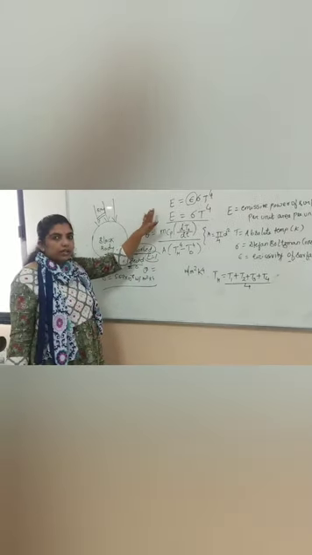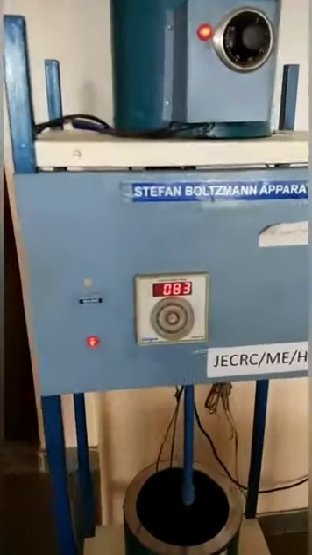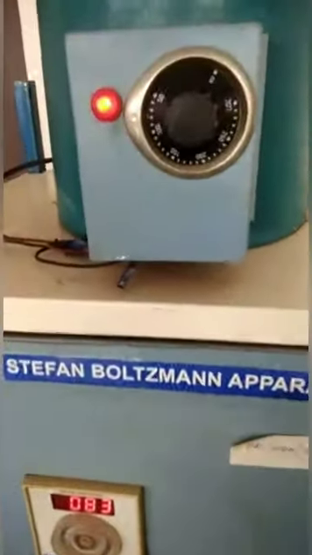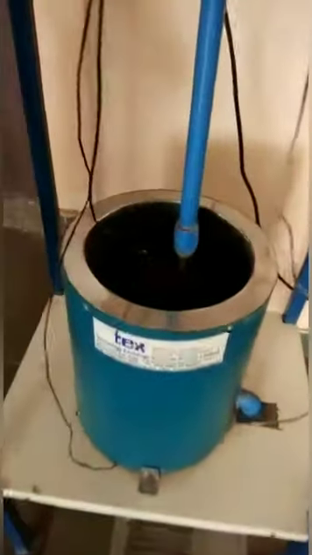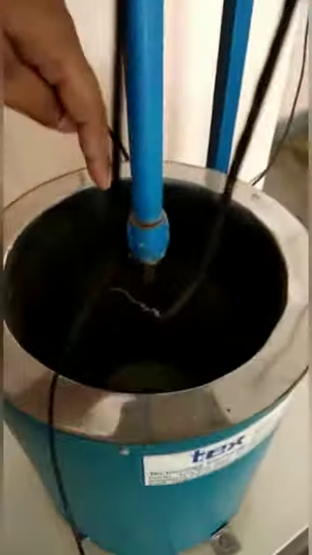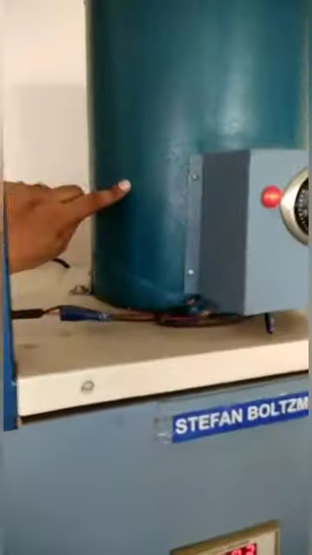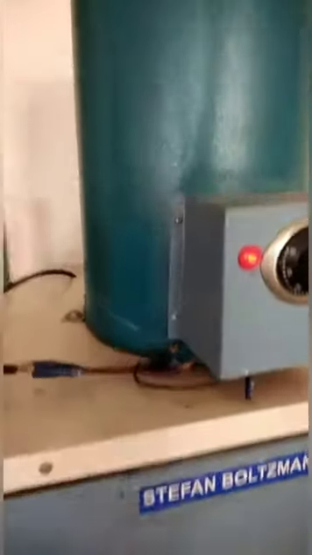So first of all, we introduce the parts contained in that experiment. We are seeing there is a water jacket here, and inside the water jacket there is a copper disc fitted. The next important part is the hot water tank, and under the hot water tank there is an electric heater which is immersed in it. This is the heater used for heating the water.